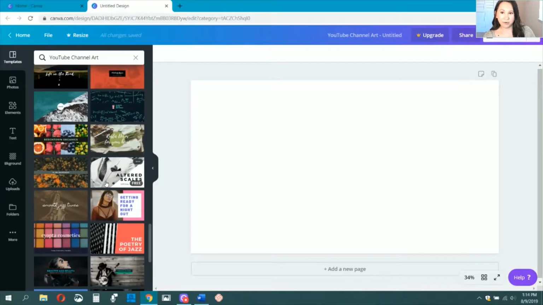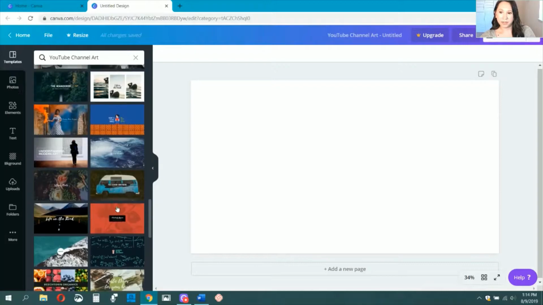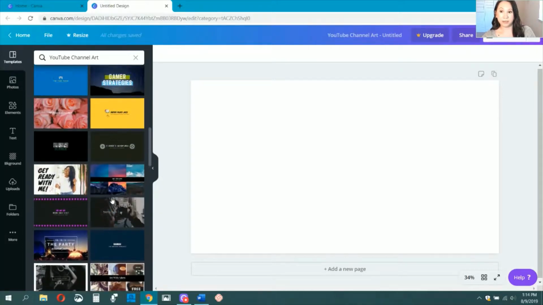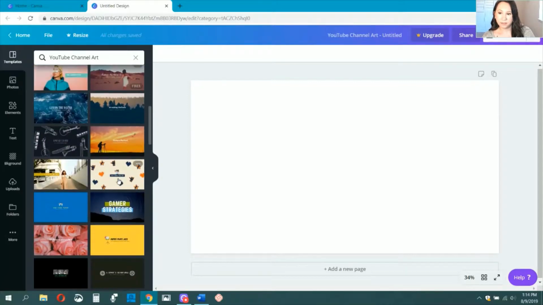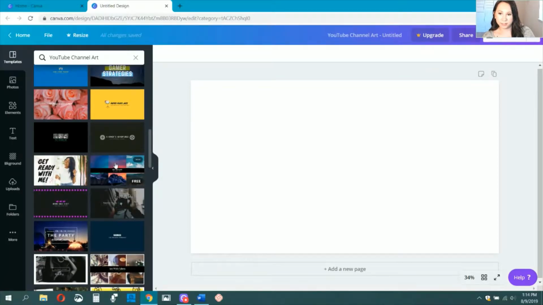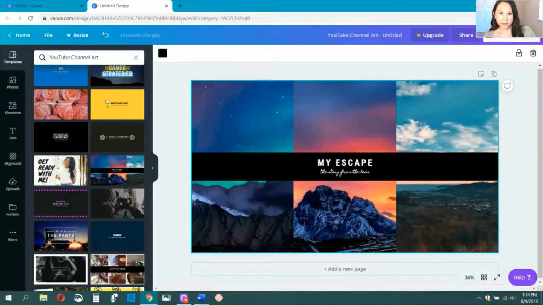And most of the time, once you get started going on something like this, you'll get into the groove and realize what you like and what you don't like, and you'll play around with it and really make it your own. But these templates are a really great place to start. So you can choose one. This is one that I like, and it'll show up here and it'll be ready for you to